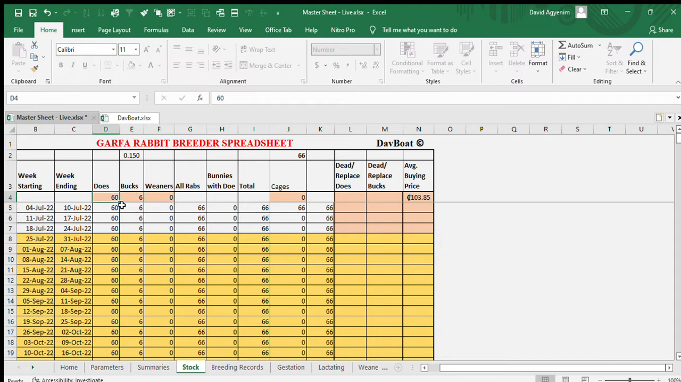So this is existing or you are starting. This is where you input your starting does. Now if you are starting afresh and you are doing 20, 20, 20,